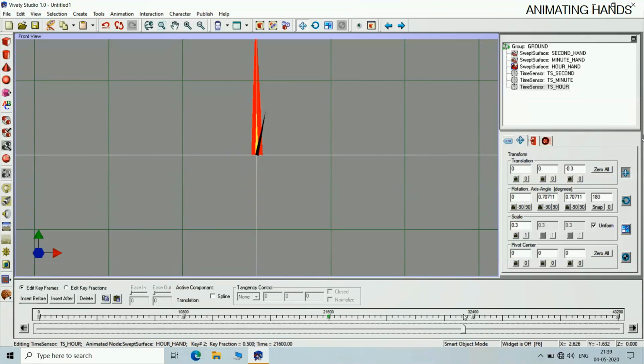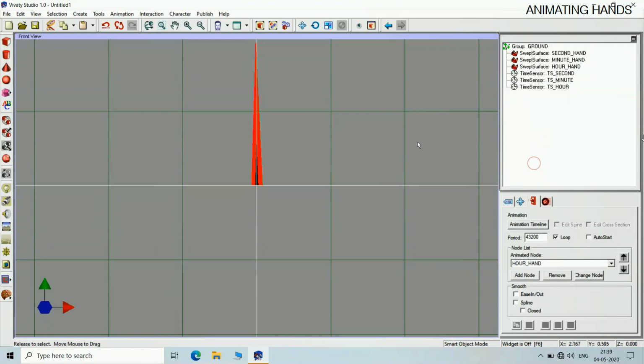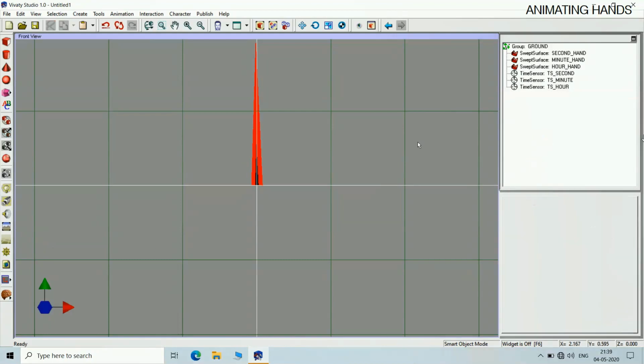At 32,400, it will complete three quarters, and here it will complete the revolution in the clockwise direction. So here we have completed the animation of the hands.